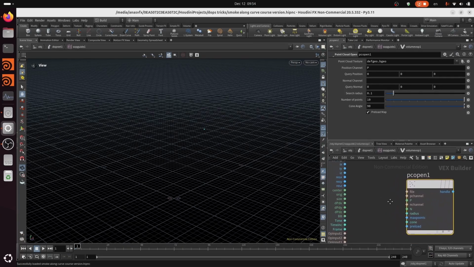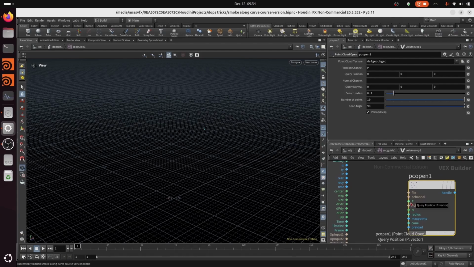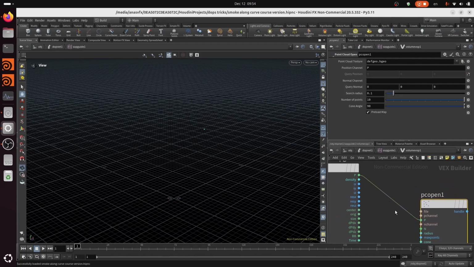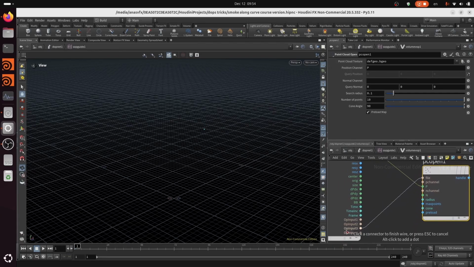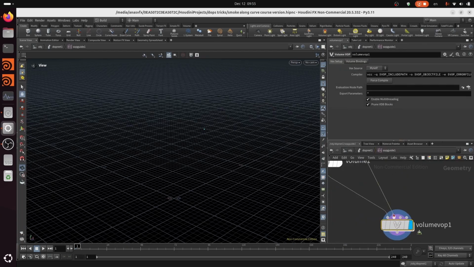And here in this point cloud open, you have the position, which we will connect here, the position of the voxels, and you have the file, or the point cloud texture here, which refers to the geometry that we want to search into. So if we connect this now to the op input 2, which is our curve,